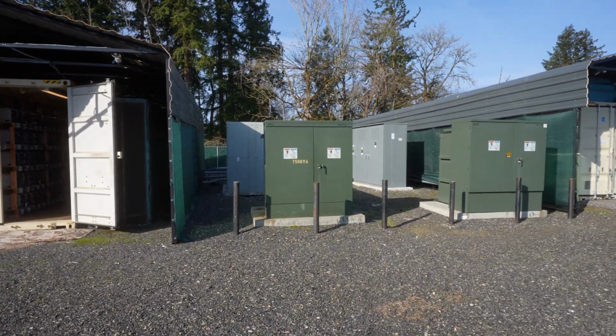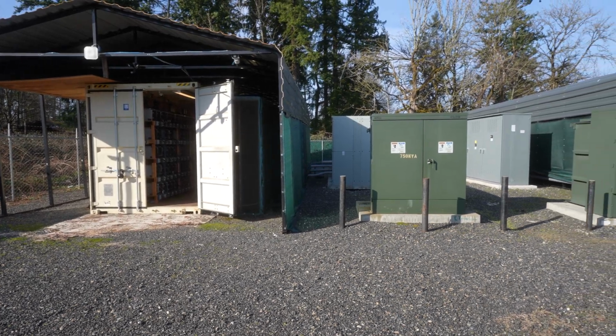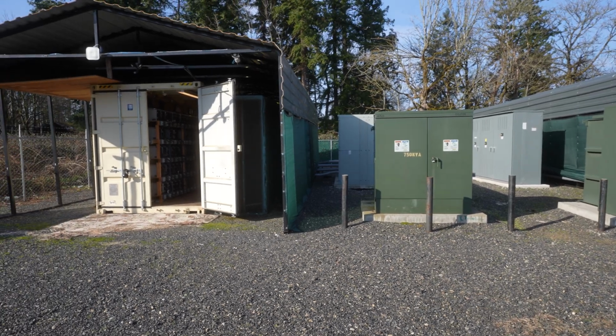In today's video, I'm going to be showing you a similar farm we have here. This is for one of our clients. He's mining on S19Js and S19 Pros. So we'll be showing you guys the farm and talking about the mining opportunity or the hosting opportunity we have